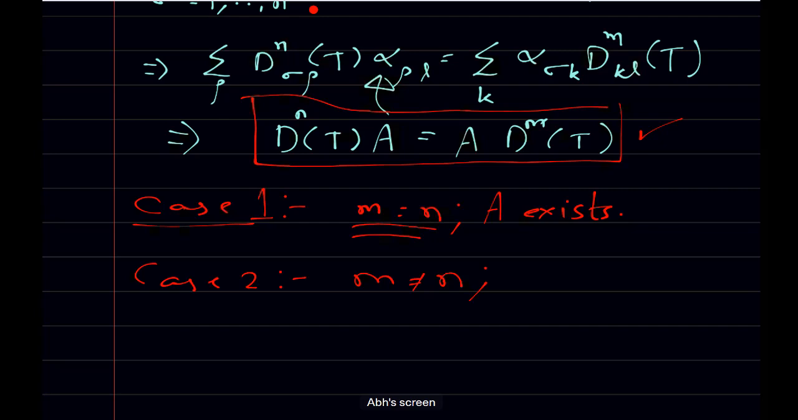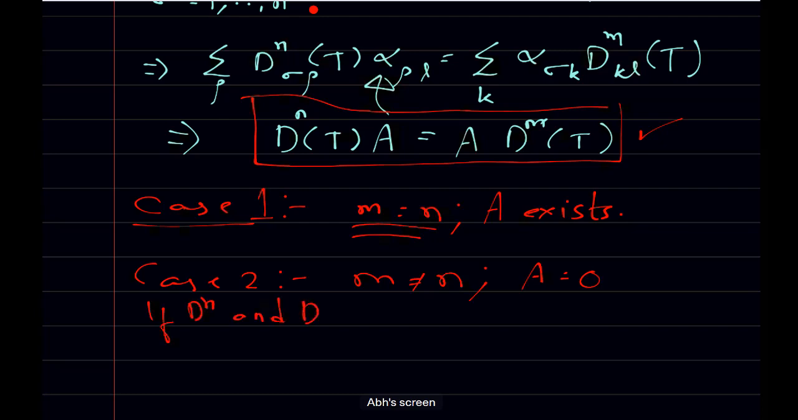Then it will happen that A must be 0. That means if both dn and dm are two irreducible representations of group G, what did I say? I say if they are irreducible representations of group G having different dimensions, then A has to be 0. So again, if dn